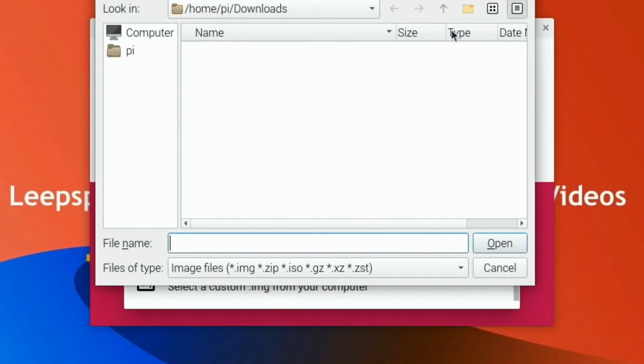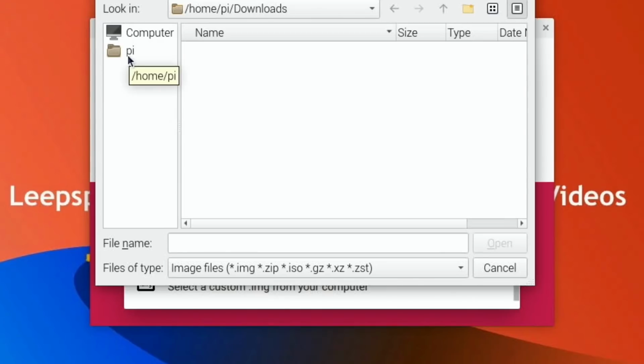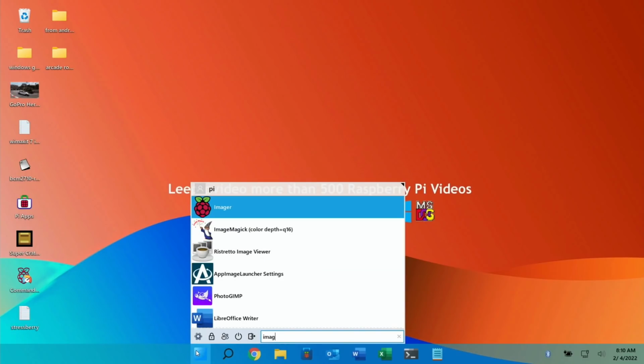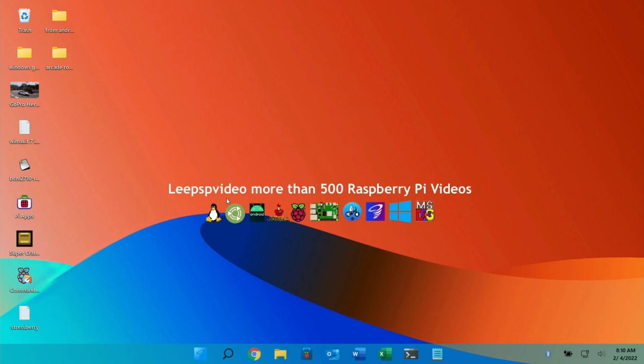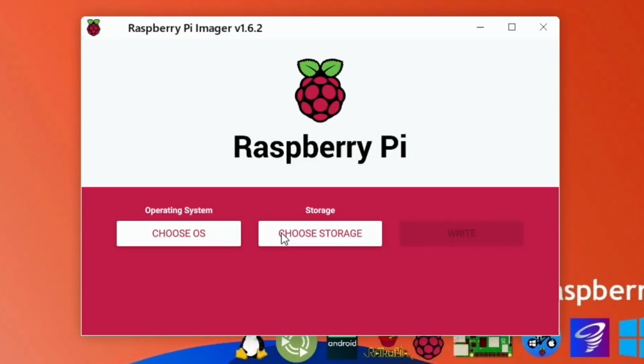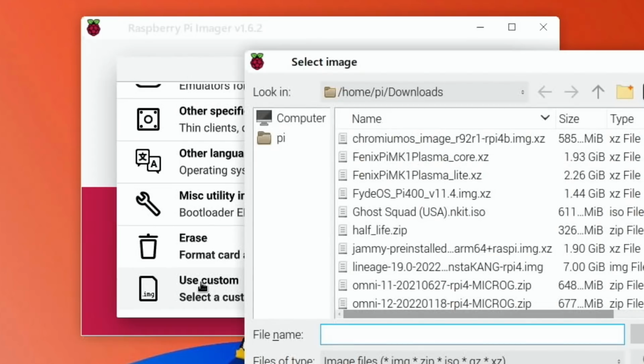So something that's not available in Imager, say something like Android, you would be able to find it in your downloads if you've downloaded it separately. But I haven't got anything in my download section. So I've just booted up Twister OS just to show you what happens. So if I go to Imager, click on that, this will be the old version. You can see there's a new version. Do you want to download it? I'm going to say no for now, just for this video, because I don't need to show that for this bit. So choose OS. If we go down to the bottom and do custom,